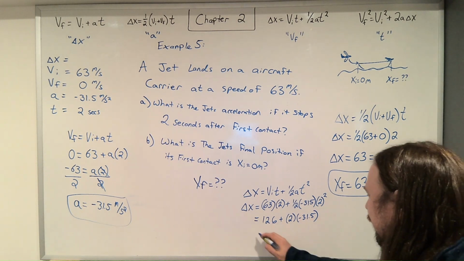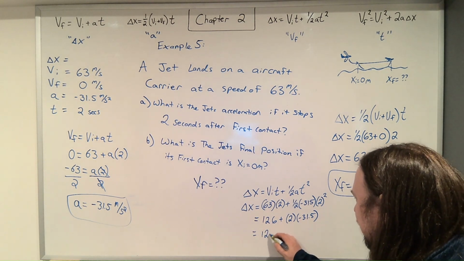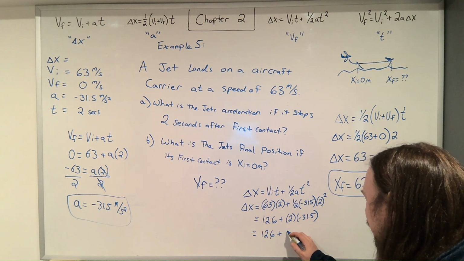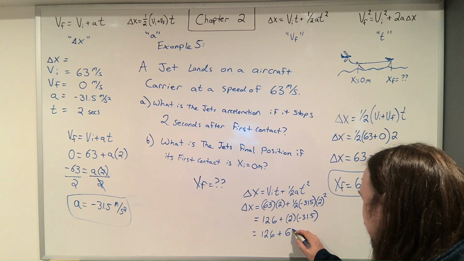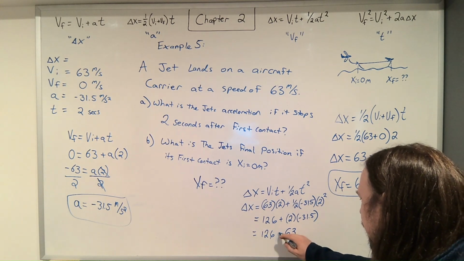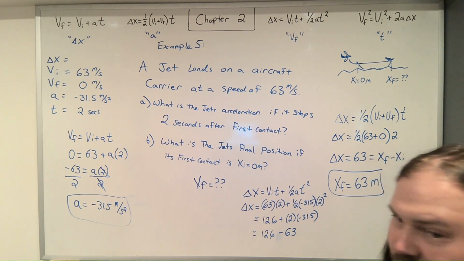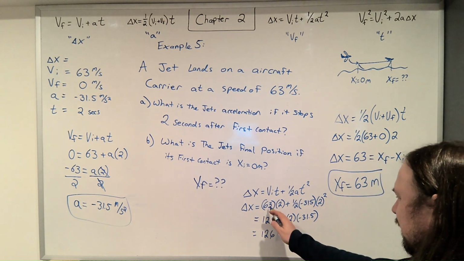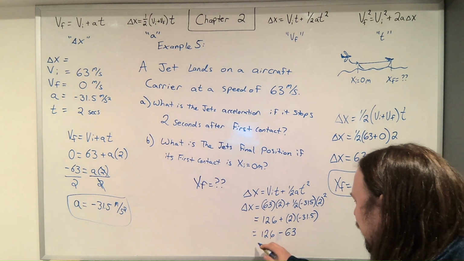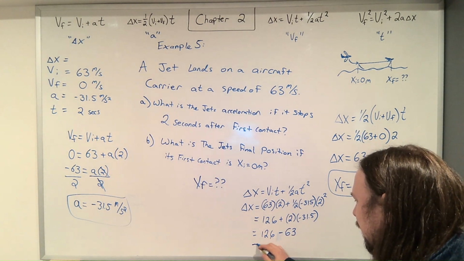All right, 126 plus 2 times negative 31.5 gives me a negative 63. So we'll be plussing a minus 63. And 63 times 2 gave me the 126. So it's really 126 minus 63